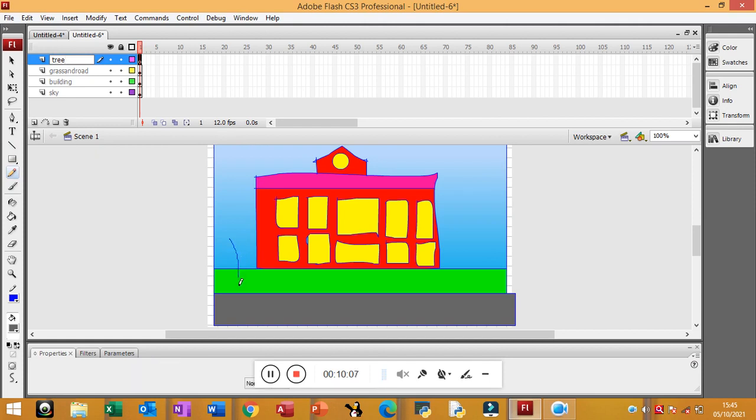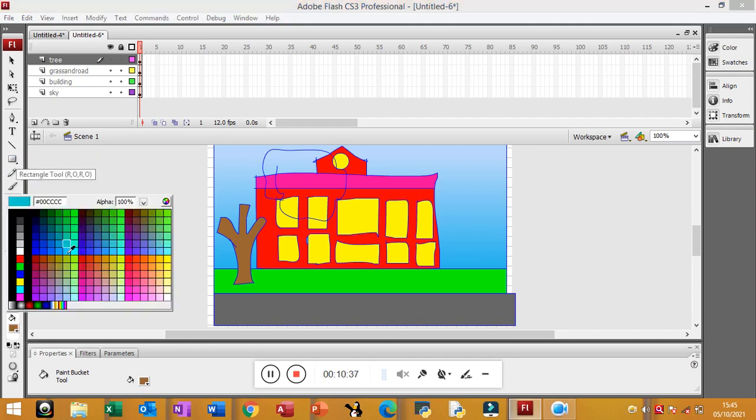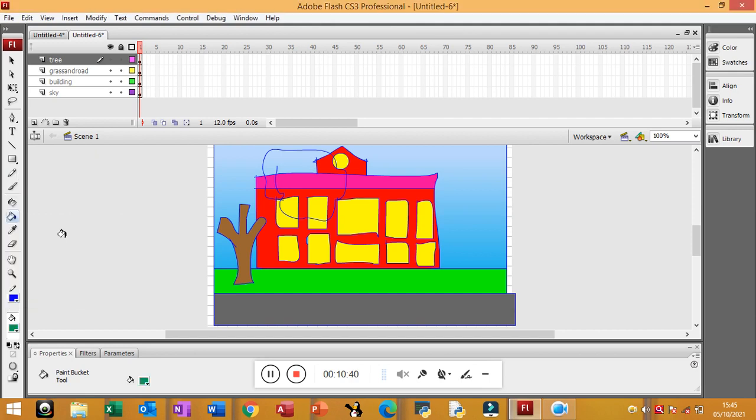आप एक पेड़ बना सकते हो. You can draw the trunk of the tree and you can just draw a tree like this. I already have shown you how you can draw a tree and the upper part of the tree like this. आप उसको बना सकते हो. And now you can color this with a green color. First I'm going to take a brown color for trunk and a green color. Now I'm going to take a green color here. Green color आप ले सकते हैं to fill it here. Now select it and place this on this trunk.